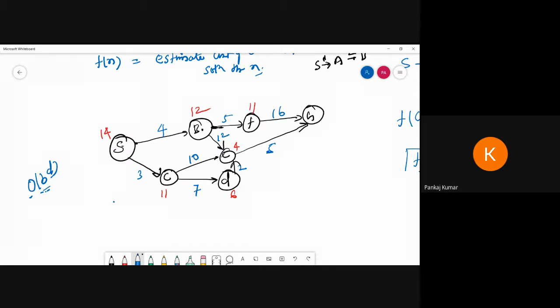आप देखिए टाइम कॉम्प्लेक्सिटी क्या हो रहा है. हर नोड के पास जाने के बाद इसका एडजेसेंट कौन है? ये और ये है. यहाँ जाने के बाद कौन है? ये और ये है. यहाँ आने पर कौन है? ये और ये है. यहाँ आने पर कौन है? ये है. तो जब यहाँ पर हो आप, तो आपको ये भी एक्सप्लोर करना है और ये भी एक्सप्लोर करना